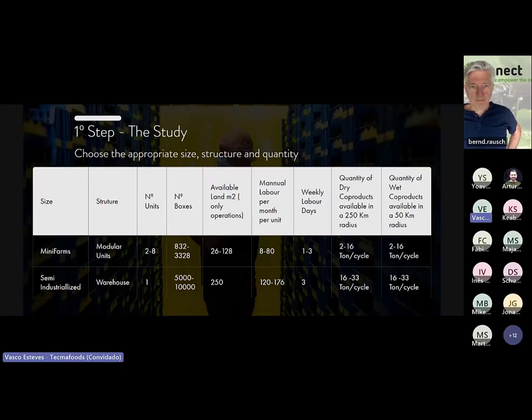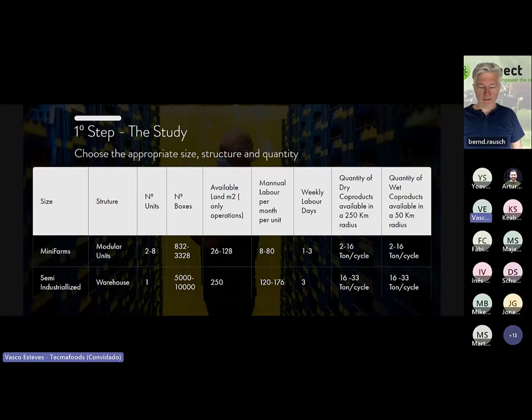It takes little time to take off 1 container. It's 8 hours per cycle. Sorry, per cycle. So a full cycle will take 8 hours. So it's around 1 to 3 weekly labor days. It will depend on the way you are feeding the larva. That's the bigger impact that you are going to have.